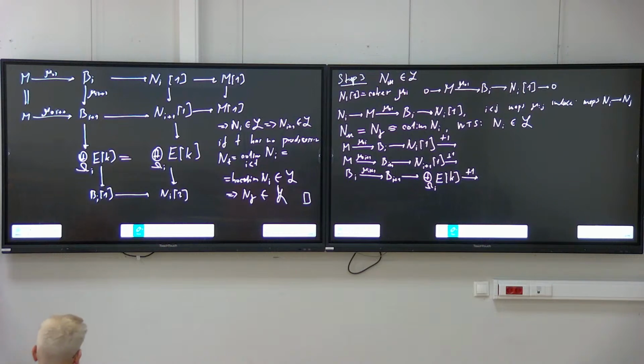Is a quotient by a localizing subcategory of a category of modules. And from that result,